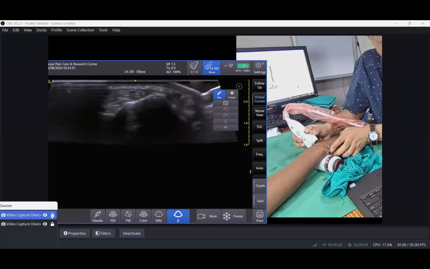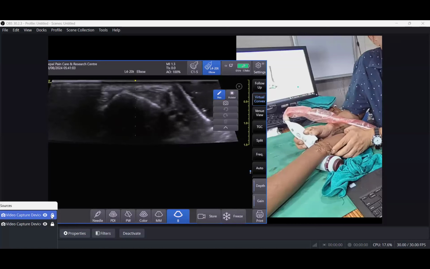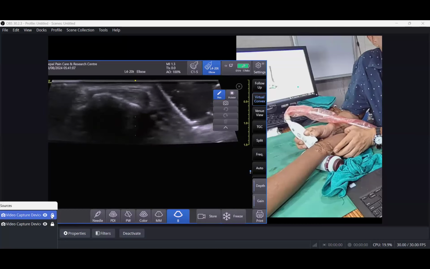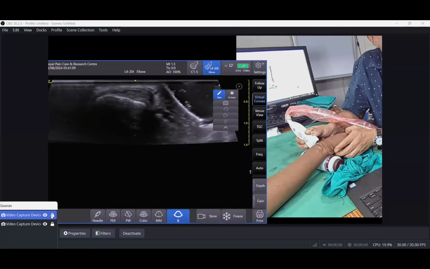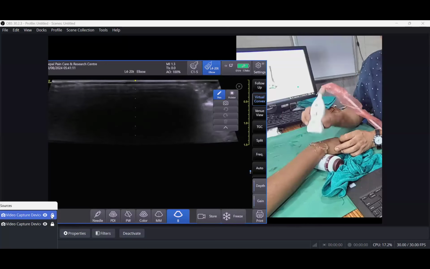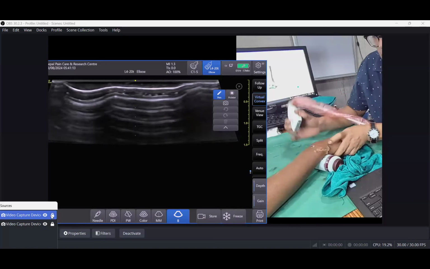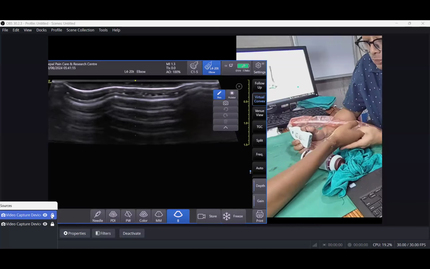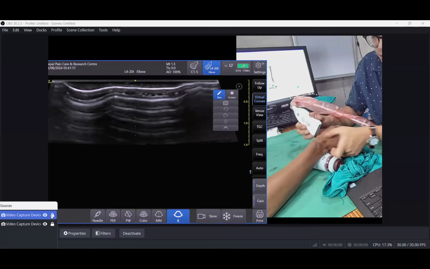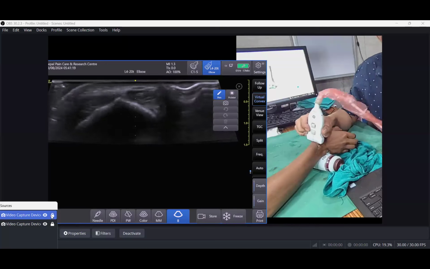If I go more to the radial side, you can see this one is compartment number 1, where there is abductor pollicis longus and extensor pollicis brevis. So this one you have to know in the lateral compartment. Now coming to one more structure, if you want. So let's see the